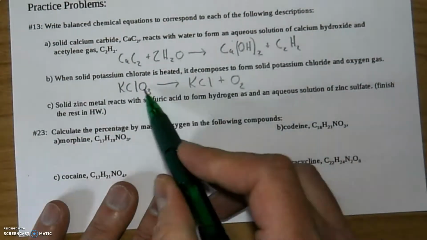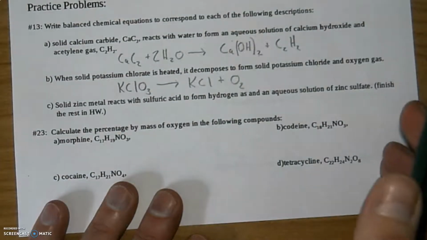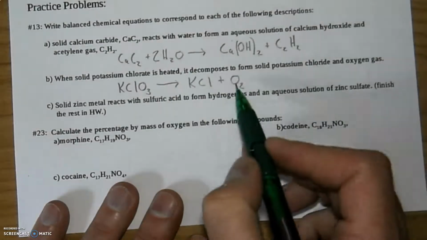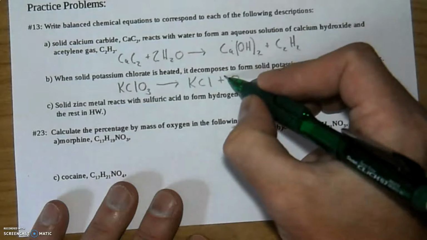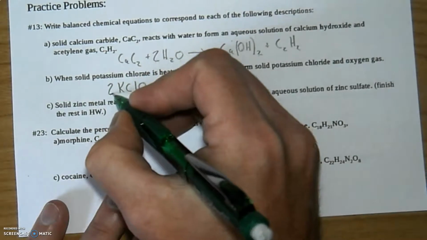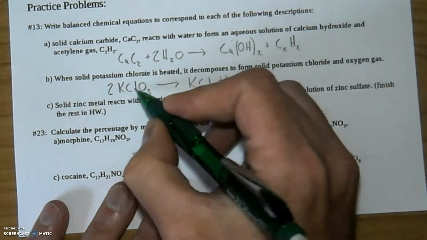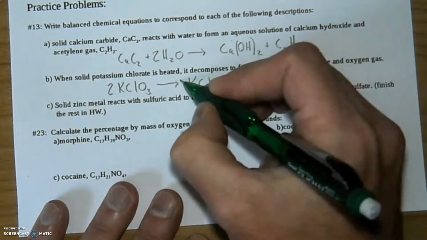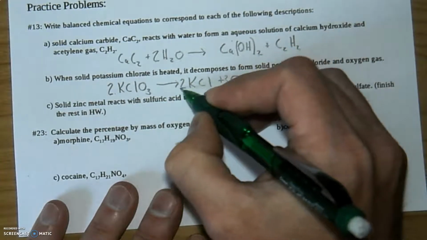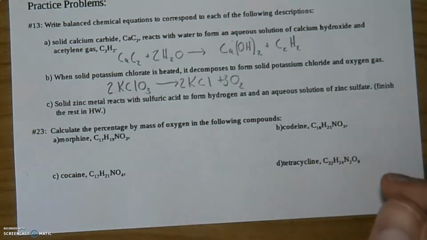Okay, 2 and 3. Those don't divide into each other really well, but I have to find the least common multiple of the 2 of them, which is 6. So let's see if this works out. If I multiply a 3 in the front, I get 6. If I put a 2 in front, I get 6. But now I messed up my chlorides. I have 2. I need to put a 2 here, which also affects potassium, which is equally affected over here. Done. All right, last one on here for C is solid zinc metal reacts with sulfuric acid to form hydrogen